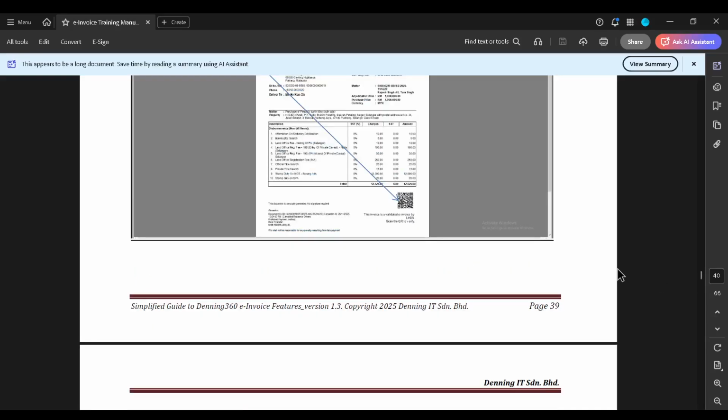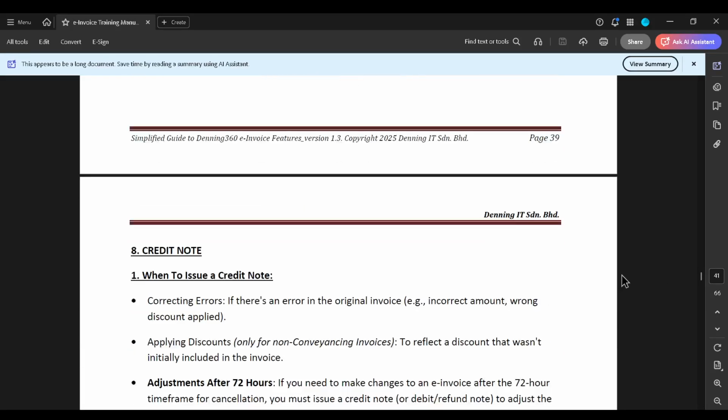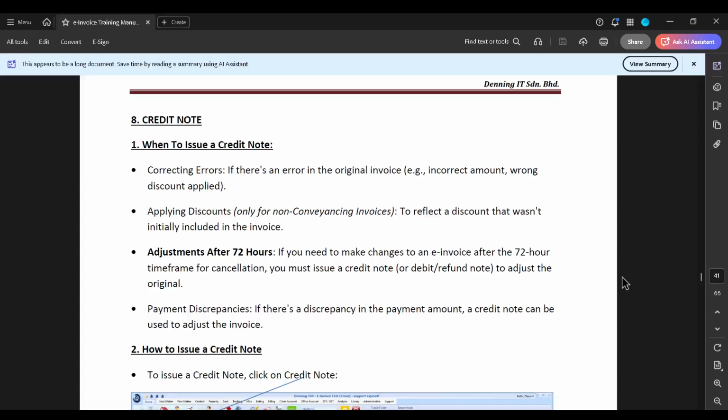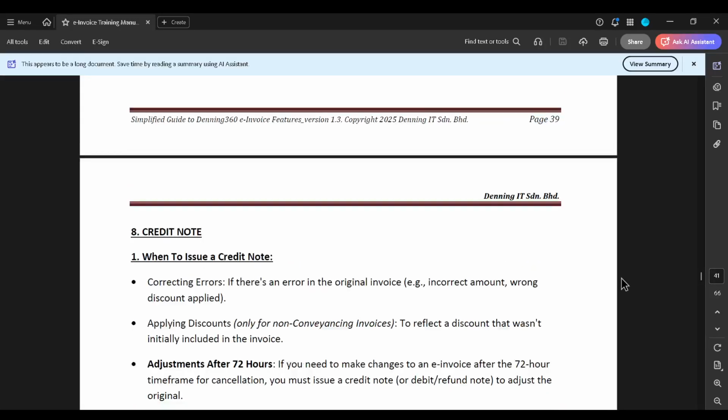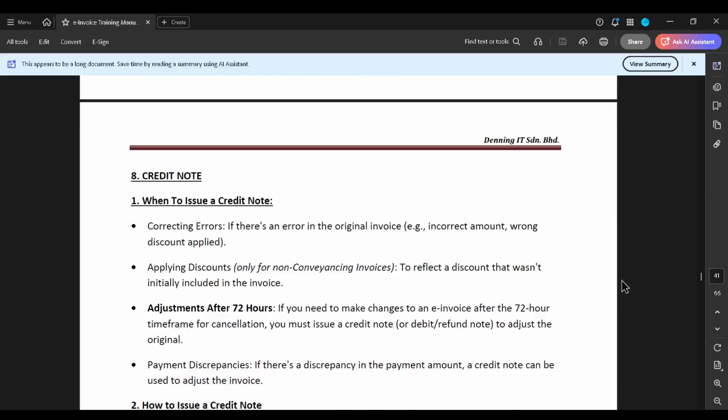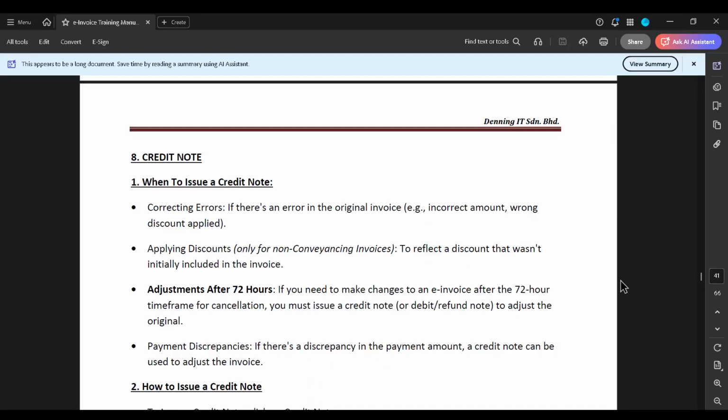We are going to credit note now, guys. When to issue a credit note? Page number 40. When to issue a credit note? You issue a credit note for correcting errors. If there's an error in the original invoice, incorrect amount, wrong discount applied, or you're applying discounts,